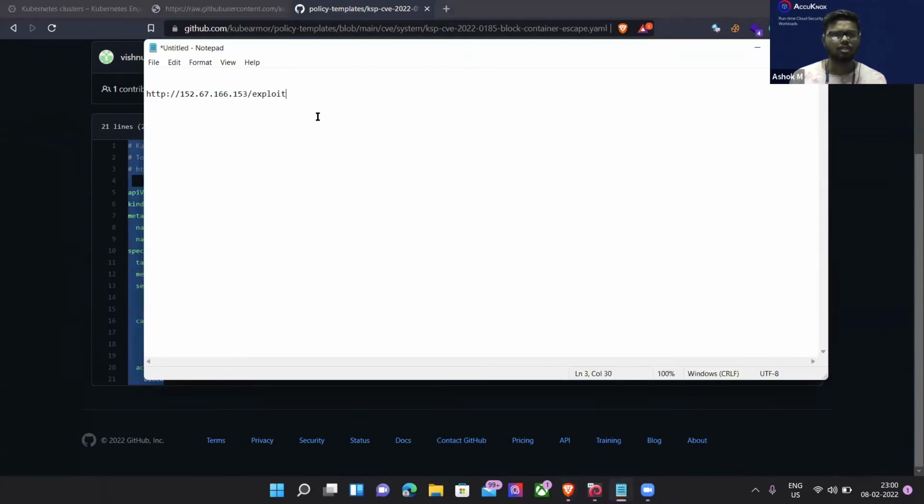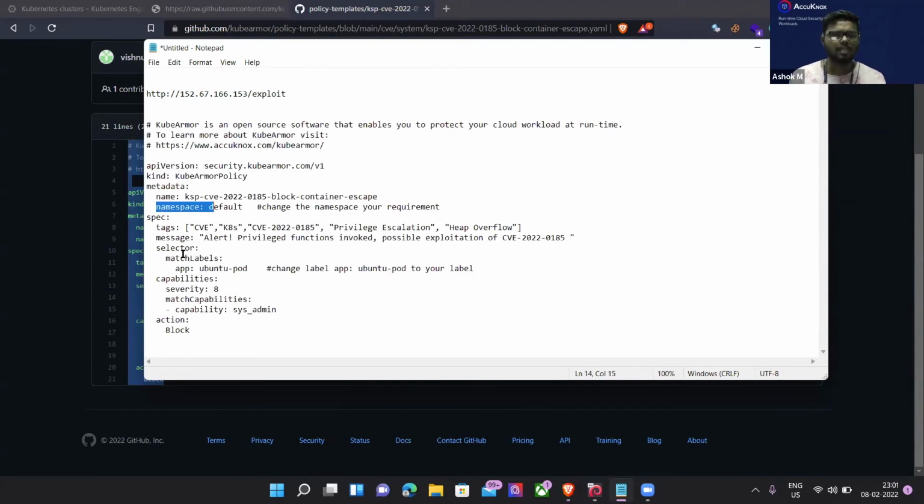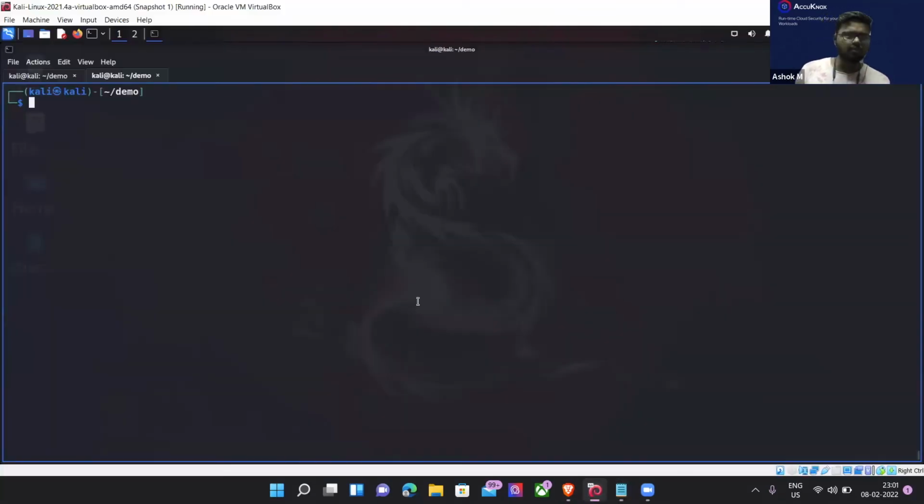Before using the policy, we have to change the labels first. Here you can see the namespace and match labels. So you have to change the labels first. For namespace, it's default, but we are using demo. So change this to demo, and for match labels, you can find the match labels using